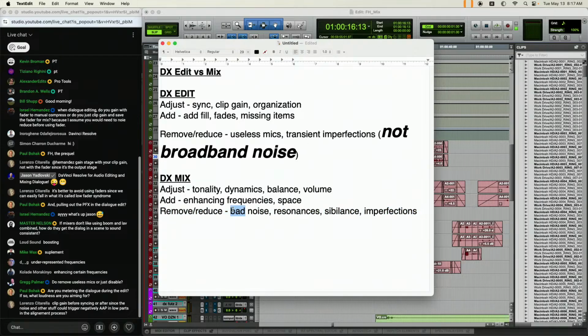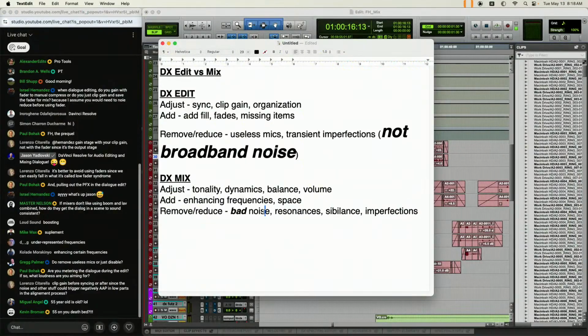I'm going to do bold and italic: bad noise. Not all noise is bad. We have a plethora of noise reduction tools, and I see people misusing them every day. I hear it on commercials that are broadcast nationally. There's too much noise being reduced. If you can hear the plugin working, then it's too much. So back off. Bad mixer, put the noise reduction down. Give it a break. Just focus on the bad noise, and maybe not removing it, maybe just reducing it. Don't feel like you have to nuke it. You just have to heat it up a little bit.